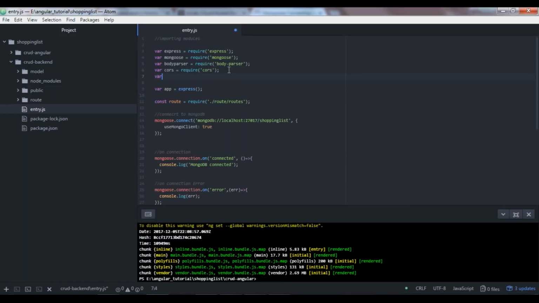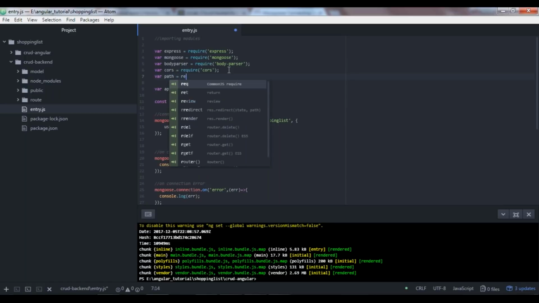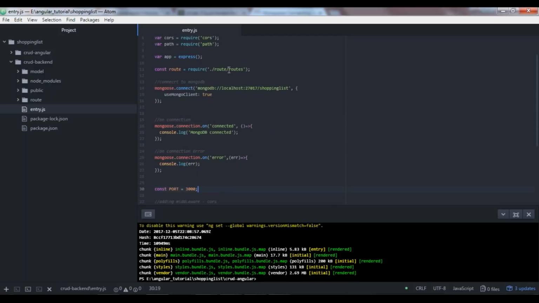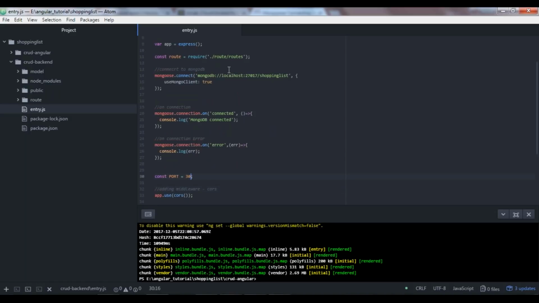So let's go ahead with var path equal to require, and I'm going to mention path. Now I'm going to talk about this Mongo app configuration later on. Let's go ahead and make some changes so that we can serve it. Now, one more thing that will change is, since we are not aware of the port on which our Heroku application, or the server that will be deploying our application, is running, we're going to go ahead with some property known as